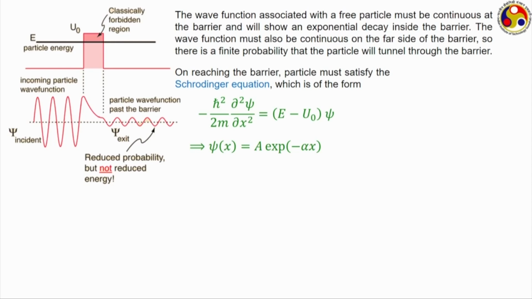So, as with the others, these are constants: h bar Planck is a constant, M is a constant, and U and U naught are also constants for a given interaction. And if we fix the E, then it gives a very simple solution where this alpha has this particular form.